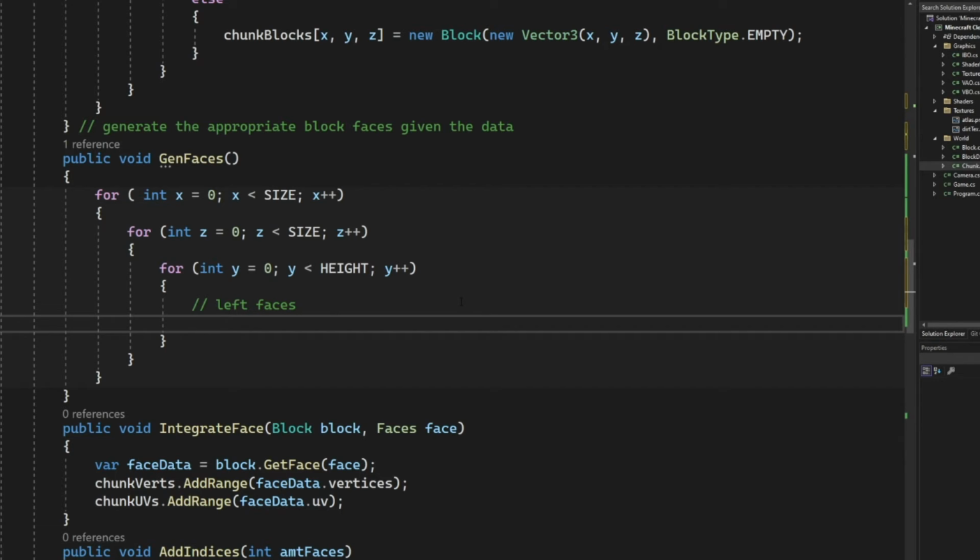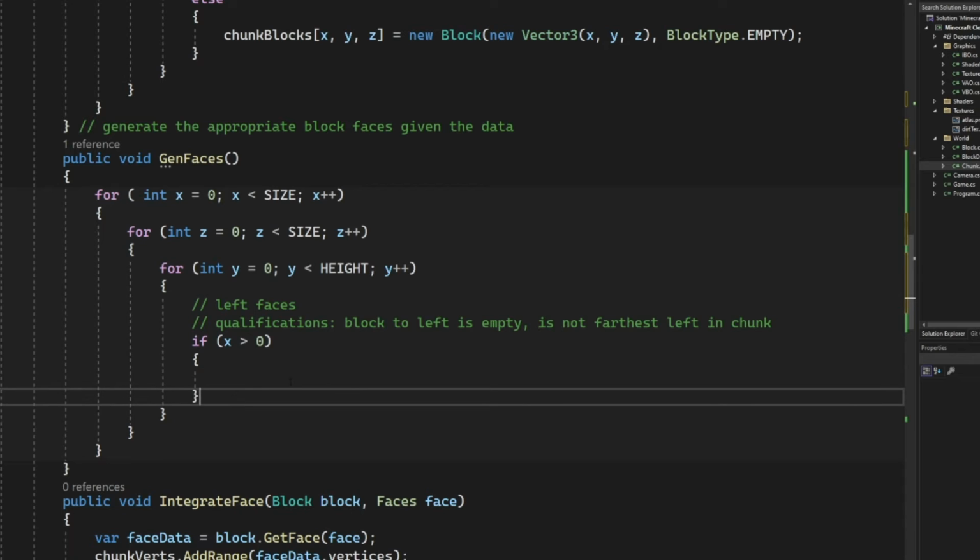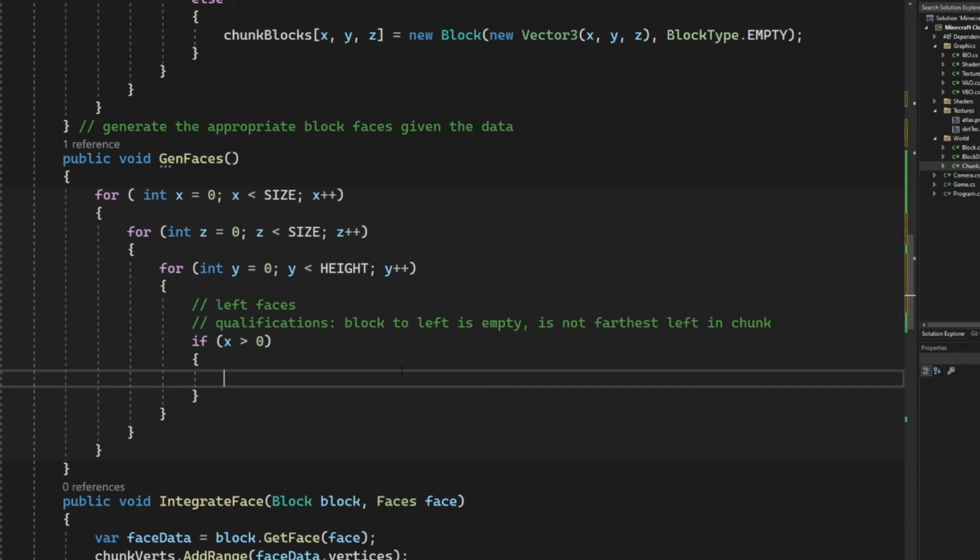So what we're going to do is we're going to do the left faces. And so what is this? The qualifications for the left face are going to be the block to the left is empty, and that is it. So let's check here, and we'll check that it is not farthest left in chunk. The left face follows the x-axis, so what we'll do here is we will simply do if x is greater than 0, and now we do the check. And so this will be the check here. So what we're going to do is we are going to do if, and then we need to do chunk